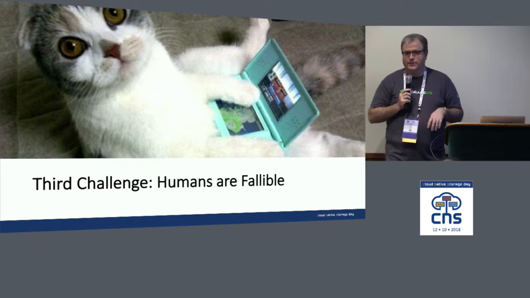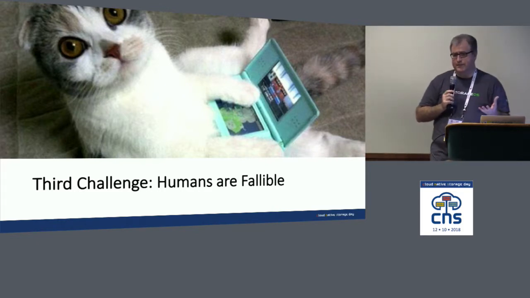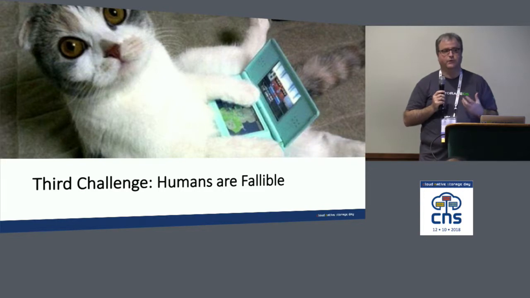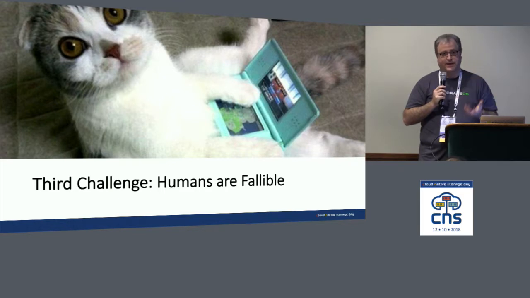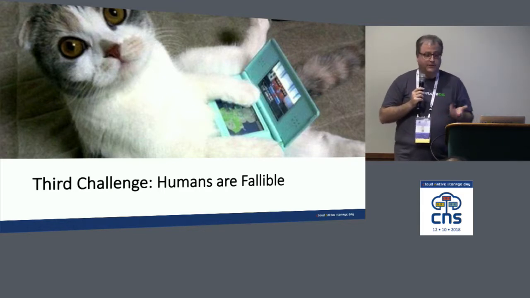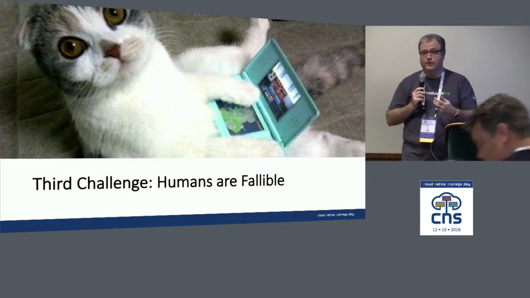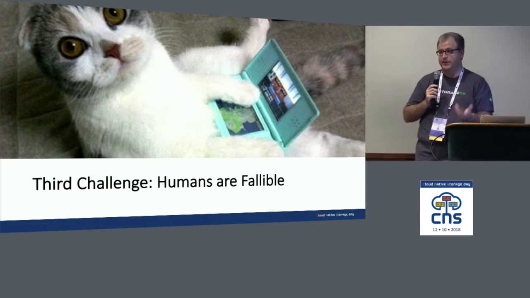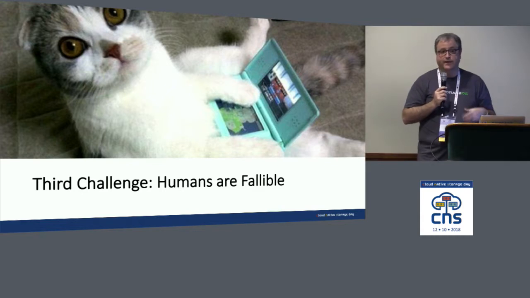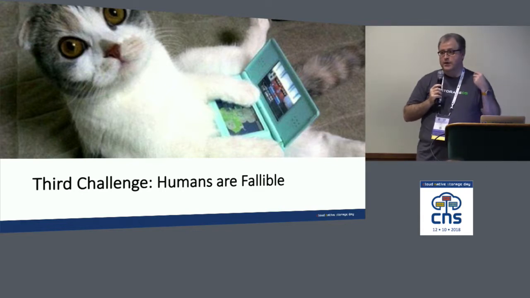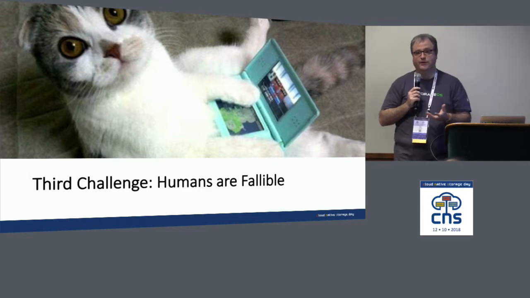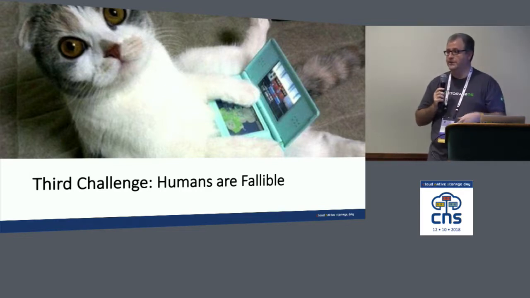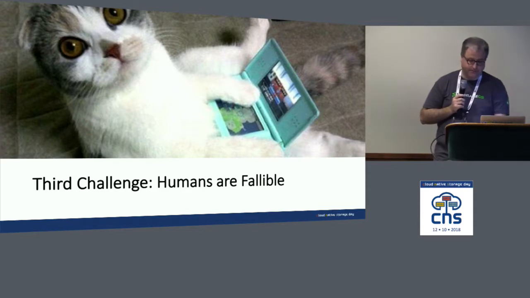And the third challenge with persistent storage is humans are fallible, right? A large chunk of what we're trying to do with orchestration is make your processes declarative and repeatable. And in order to do that, you also have to have all the other components in your systems being declarative and composable too, such that they're automated. If we have humans constructing individual bits of infrastructure or defining operations that need to happen as part of your application workflow, you are going to have errors, you are going to have downtime because of that.